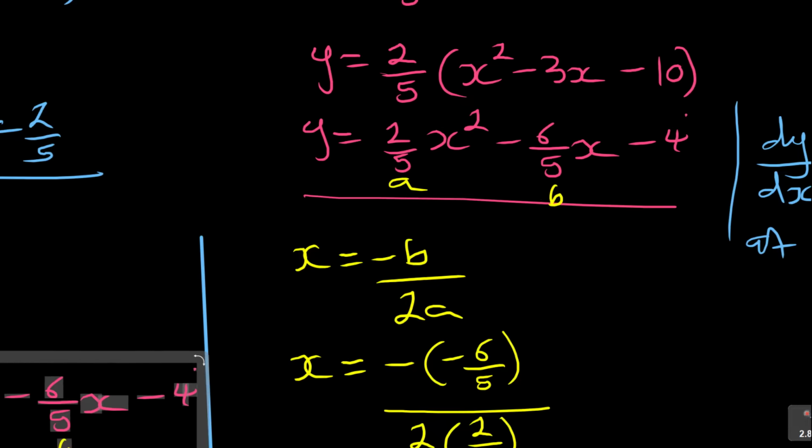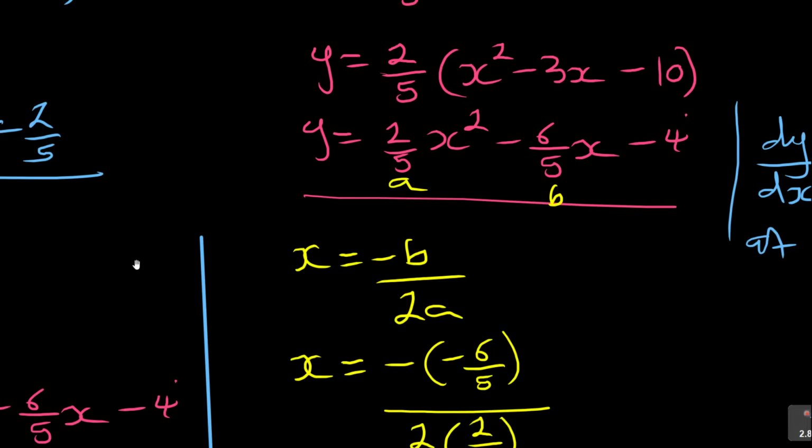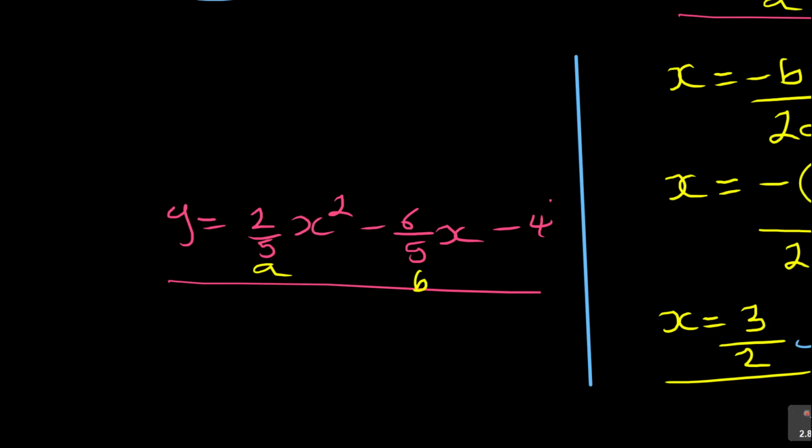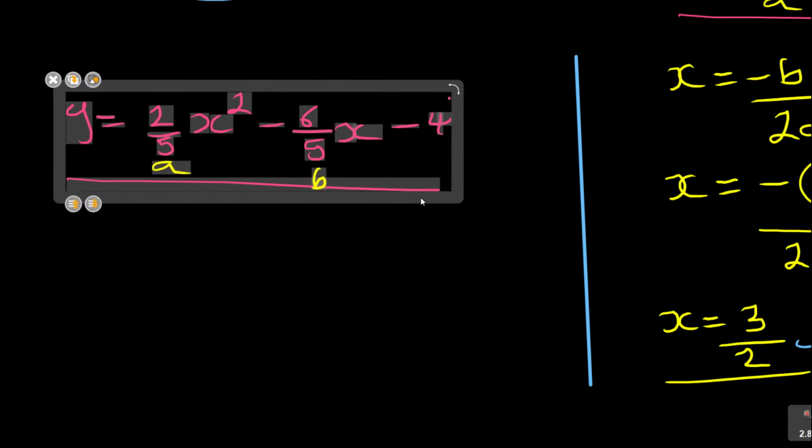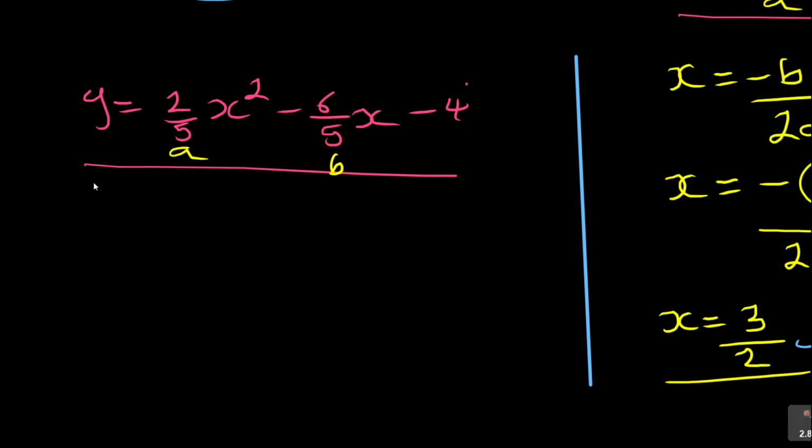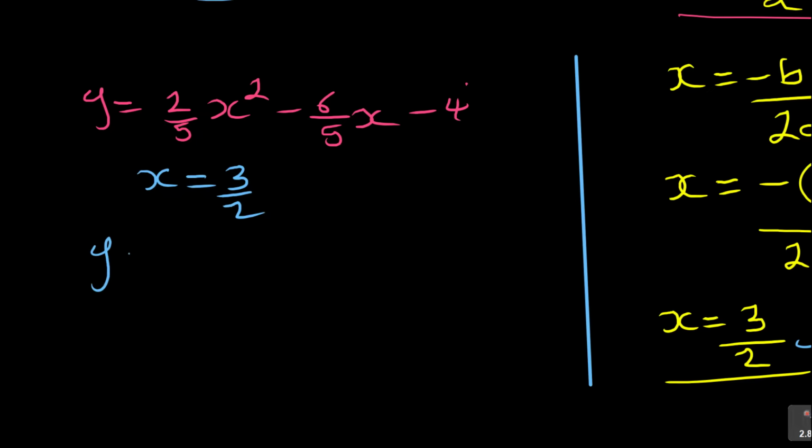You take this thing here. I'm putting it intentionally like this, but of course I'm going to take out this. You take this, but don't forget we have got what? x is equal to 3 over 2. You now want the y value. y is equal to 2 over 5